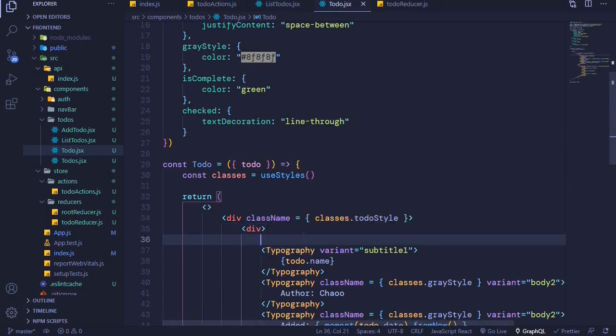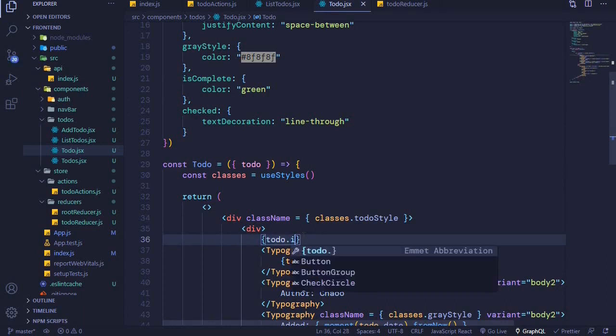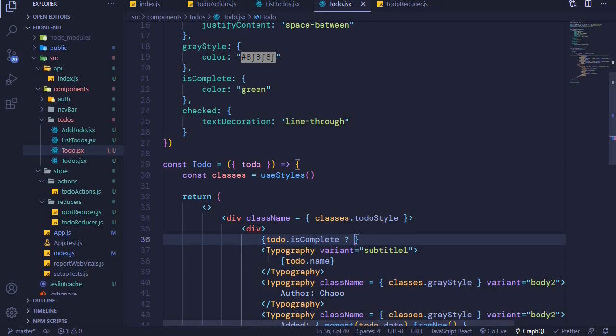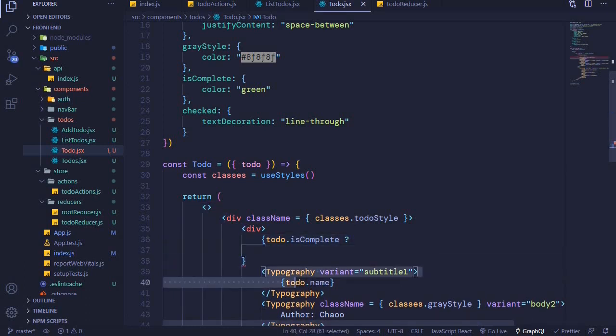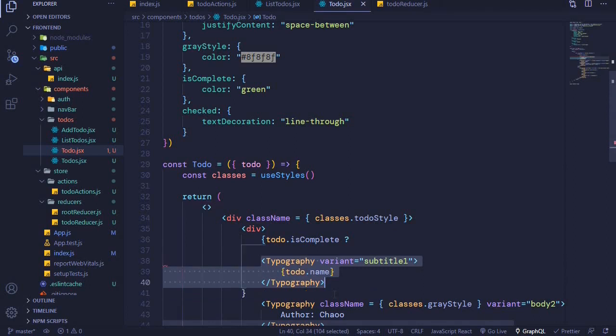not. So I'll use the curly brackets, and we have a property called isComplete. So todo.isComplete. If a to-do is complete, then we want to render a particular text, which is this one right here. So if it's complete, we want to render this. Okay, so what I'll do, I'll just include a spacing here, select this one and move it at the top,